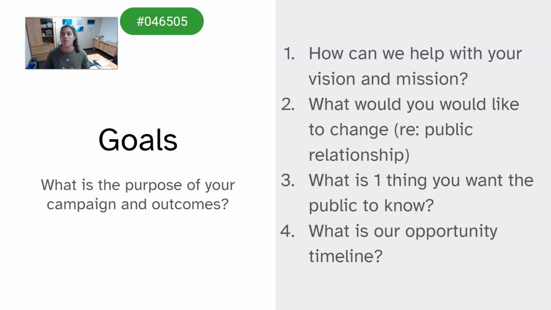I want them to know that they can find 5-minute reads of information on the advising blog, right? So it's not lengthy. I really want them to know this is a less than 5-minute read. We know you're busy, but here's information that you need to know. And then last, goals can really be created if you know the opportunity timeline.